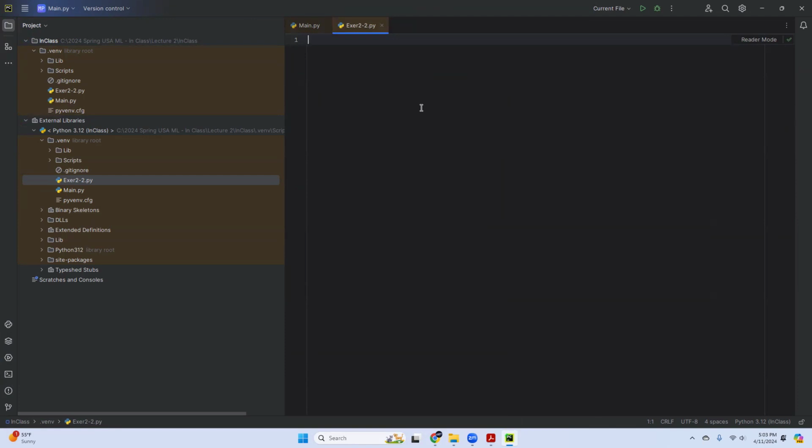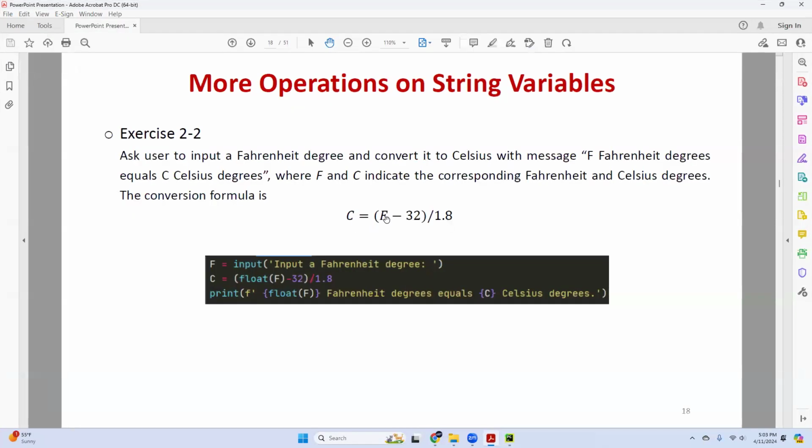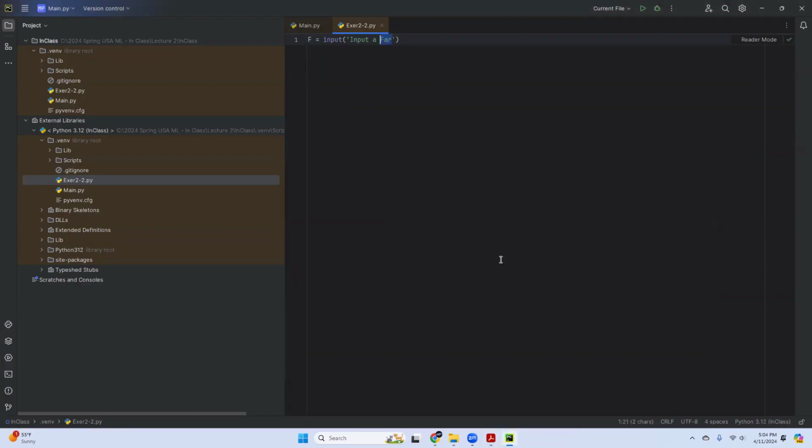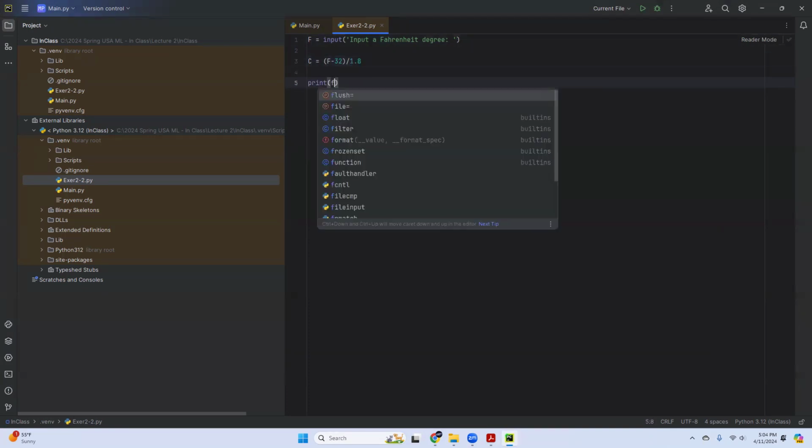So I need to have the user input a Fahrenheit, right? So I can say, let's say f equals input. How do you spell Fahrenheit, sorry? Can I copy and paste? Okay, great. I feel pressure to spell this one, Fahrenheit. Input a Fahrenheit degree. And then C equals, let's say, (F minus 32) divided by 1.8. And then print